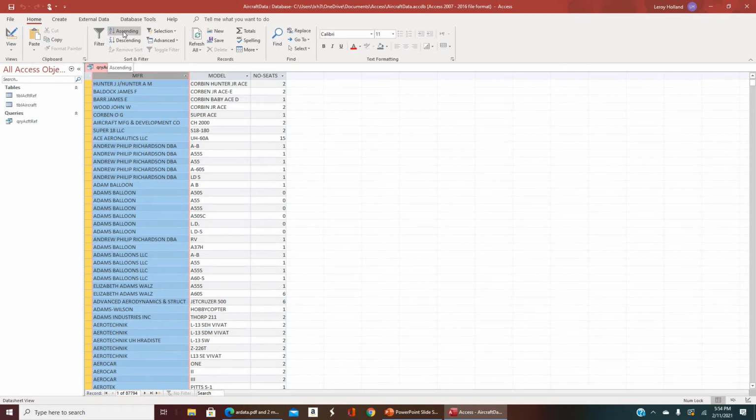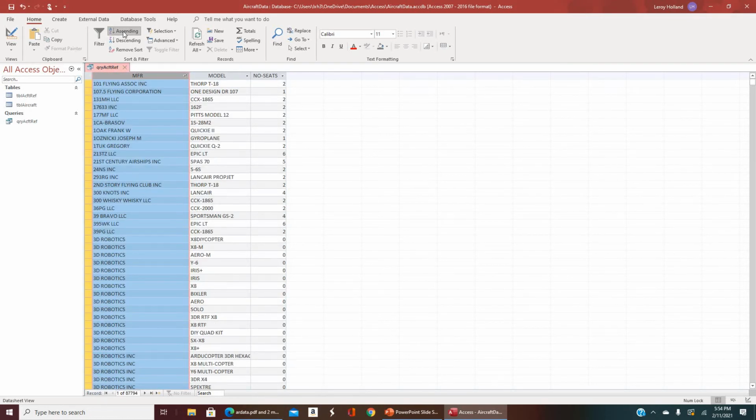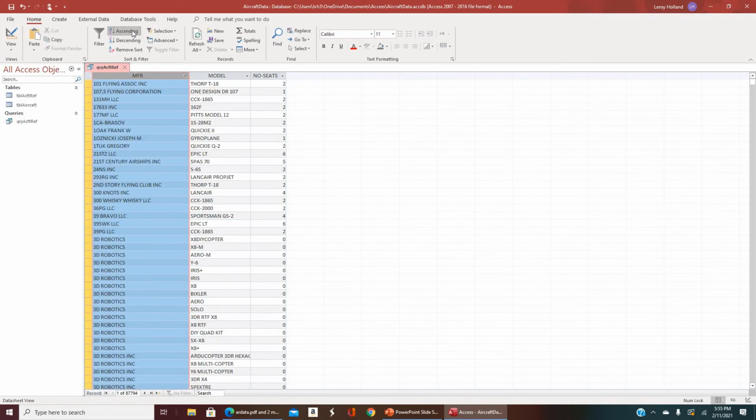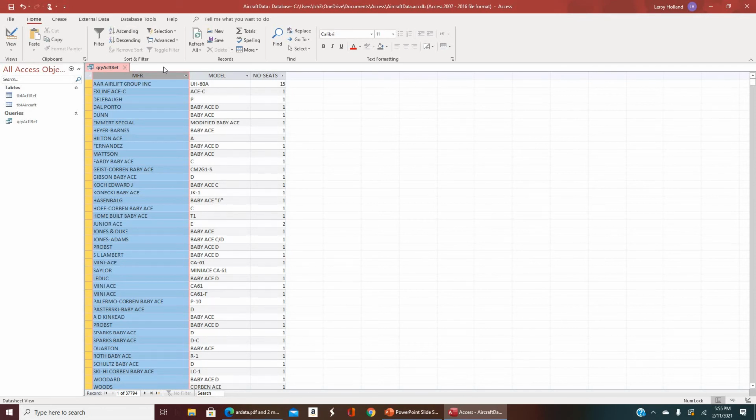So I can sort it ascending. Once again, it does not change the data in the table. It's just changing it in this datasheet view of the query. You can change it back to descending or ascending, and then I can come in and remove the sort. Okay, so that is